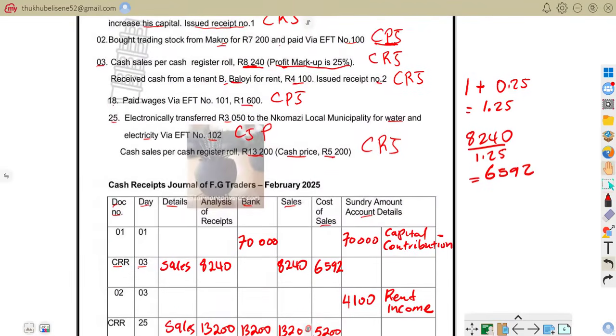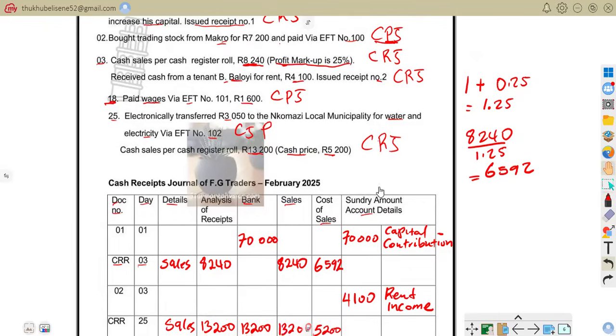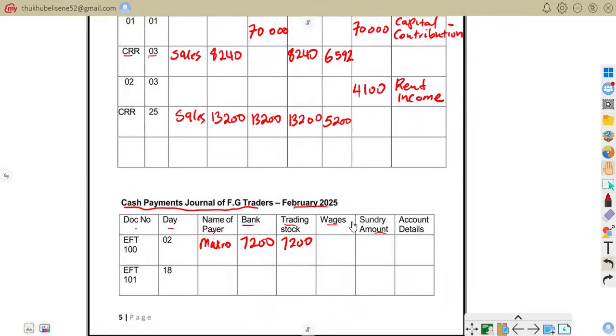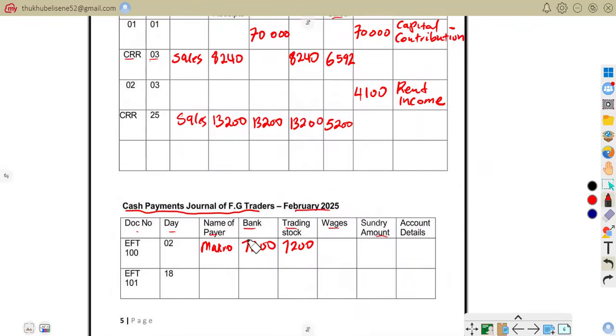As you can see, transaction 18 also affects our cash payment journal, whereby we paid wages via electronic funds transfer for 1,600. So here we are on the 18th. We are going to say on the 18th, we paid that wages. So our name of payer is what we